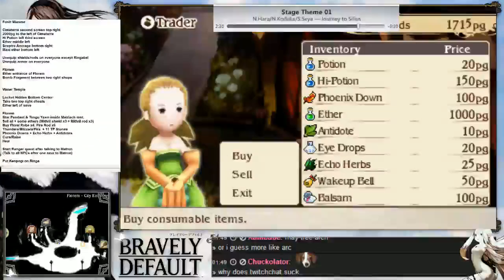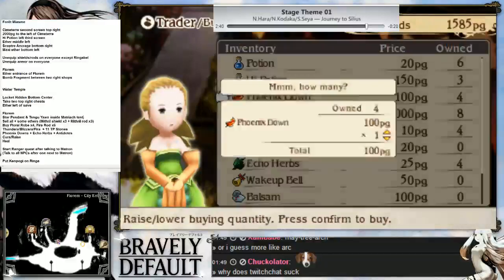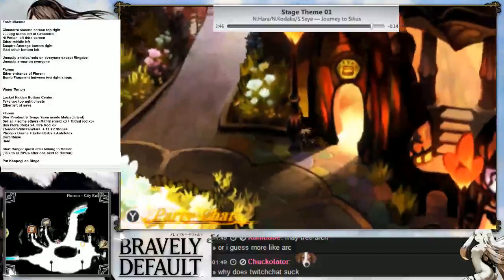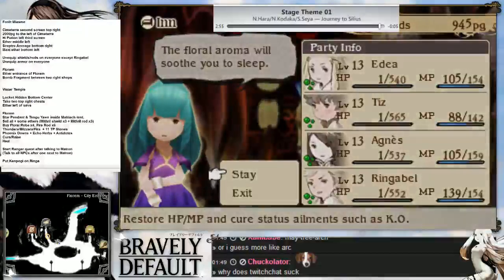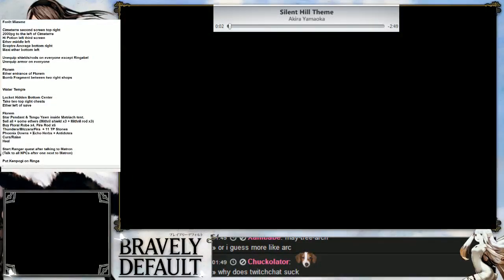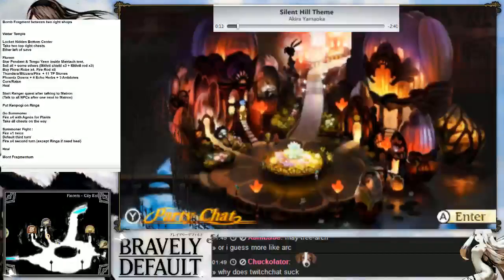Now, you're going to go here to the item shop, buy 4 Echo Herbs, 3 Antidotes, 6 Phoenix Downs, and you're done. Now that you've done that, you're going to go to the inn and sleep. I'm going to actually write down 4 Echo Herbs, 3 Antidotes. TP Stones are later, you actually don't buy them here, so...